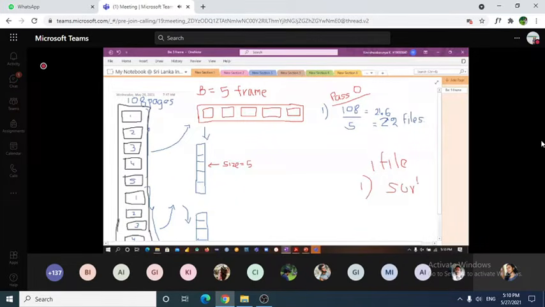Now initially you have a buffer with 5 frames. You have 108 pages, but you have only 5 pages in the buffer. So that is obvious, you can't read all the 108 pages together. You have to read 5 by 5. So initially the first time I'm taking